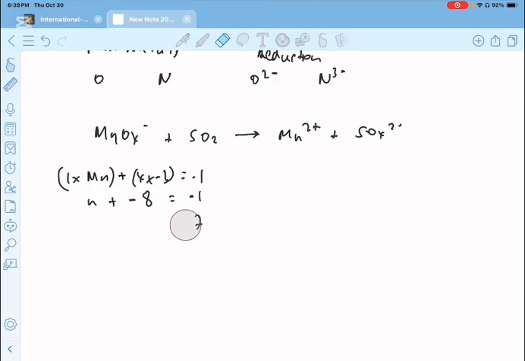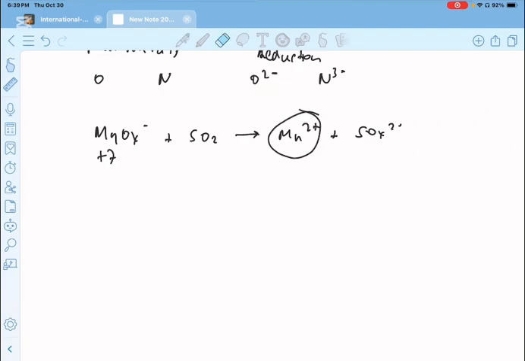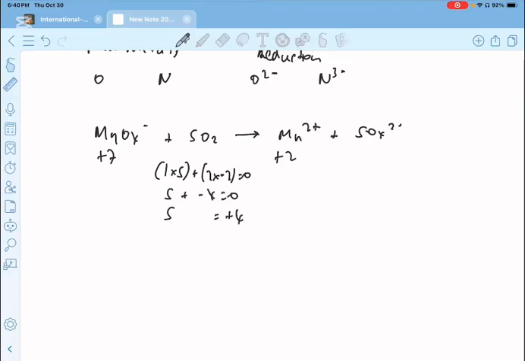That is over here. Let's just rub everything now. Positive 7 here, Mn, okay? Over here, it has a charge of positive 2. We can tell by this, okay? SO2, so it has a total charge of 0. So there's 1 S, and again, this is not a peroxide, so 2 times minus 2 is equal to 0. S plus minus 4 is equal to 0. Take the minus 4 to the other side, it becomes positive 4. Sulfur will have a positive 4